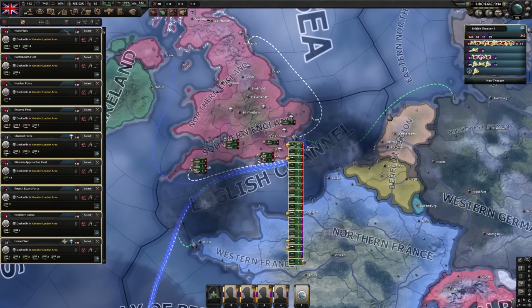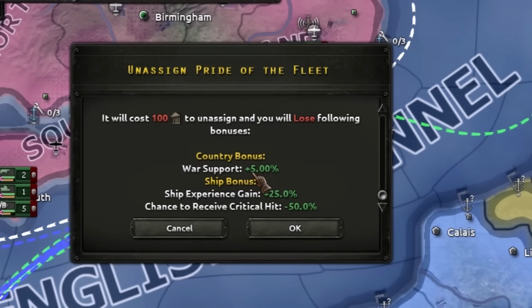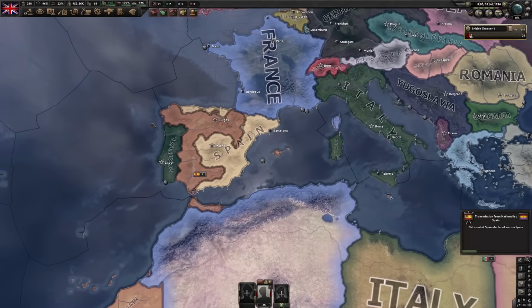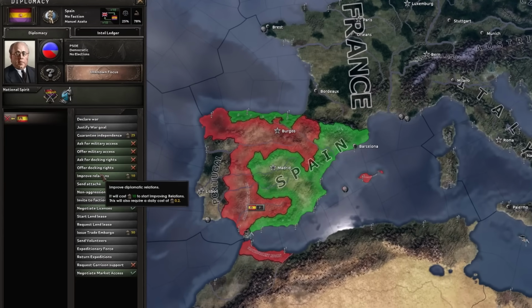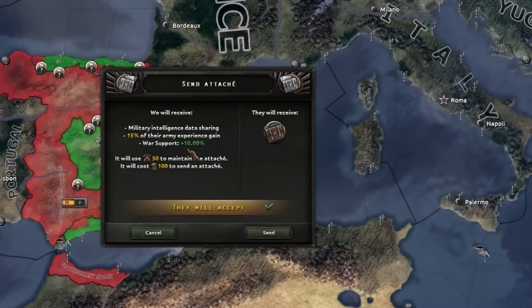First off, something you can do if you haven't is set yourself a Pride of the Fleet. This will go ahead and give you an extra 5% war support. Another really easy one, especially I guess as the UK in this scenario, is to get a whole bunch of political powers saved up, wait for the Spanish Civil War to go ahead, send them an attaché. You need to improve your relations if you haven't already, and this will give you a whopping 10% war support